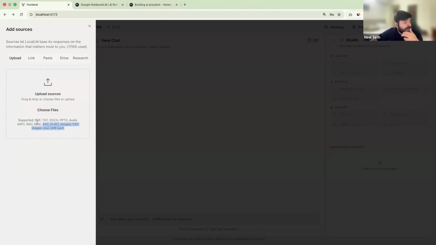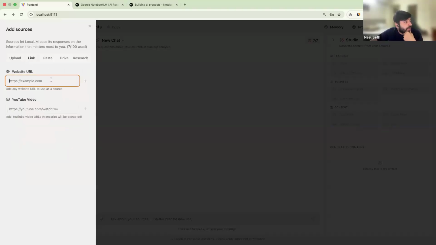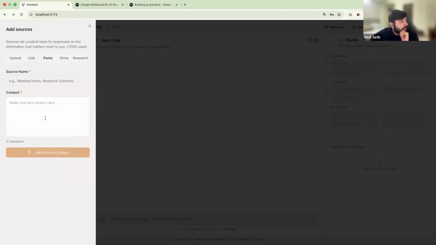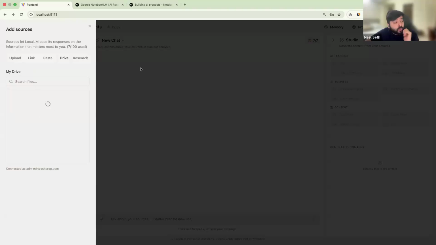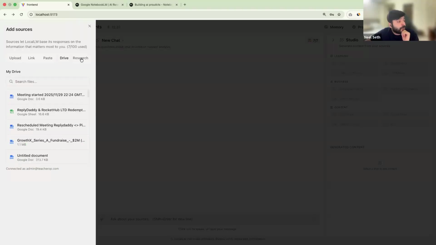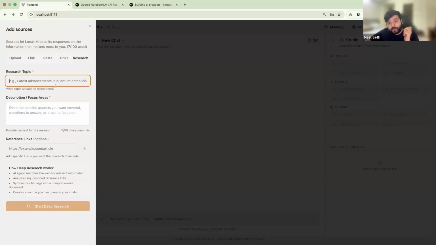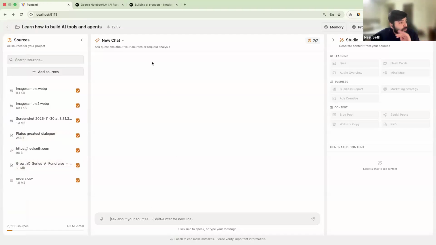You can upload sources of any kind: PDF files, text files, docx files, audio files, images, CSV files. Then either you can paste links, you can paste YouTube URLs, you can paste your own content directly. You can connect your Google Drive and fetch files from it. You can run a research agent to create sources for you. It will do in-depth research. It will create documentation which can be further utilized as a source, the source that is accessible with this chat